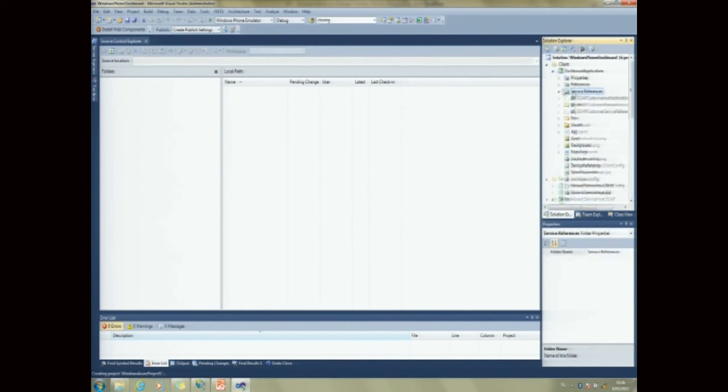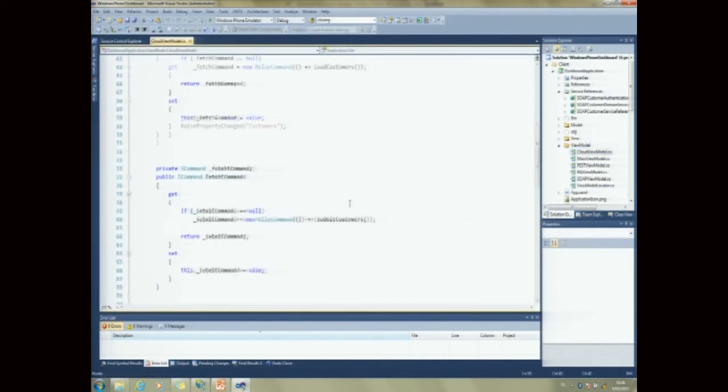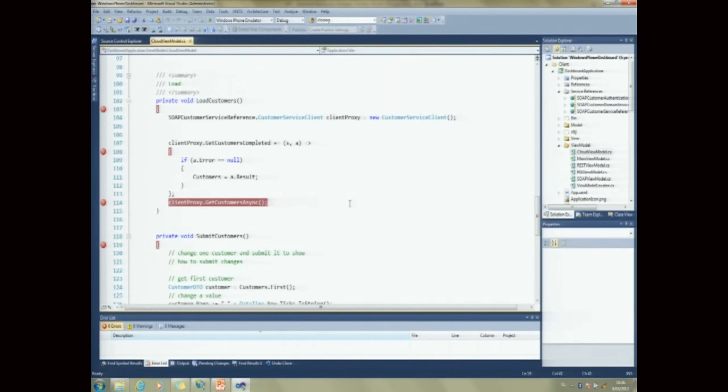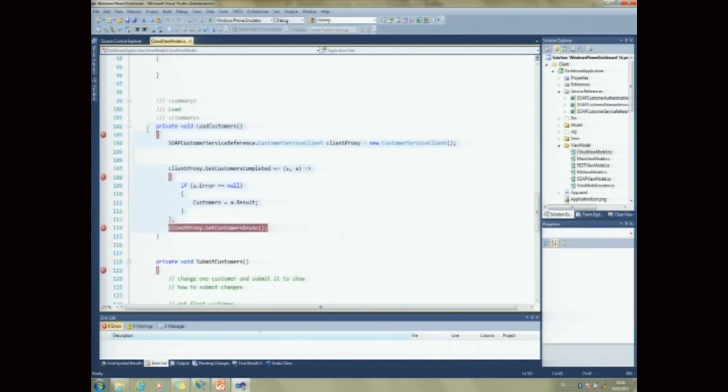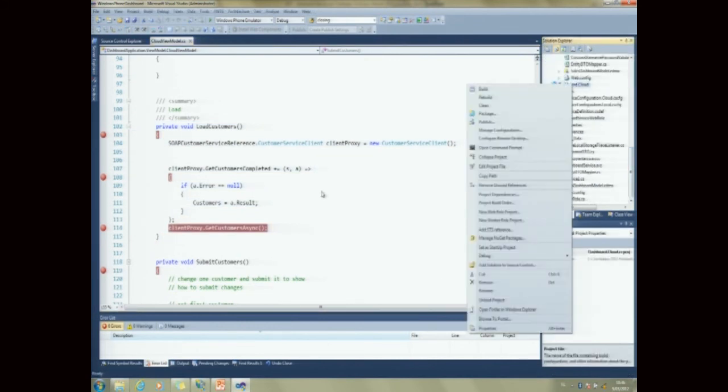I didn't even have to change my service references here, because the proxies are still the same. All that's changed is the address of the service, actually. And in my cloud view model, I am just calling actually the same as we did in the beginning. Now if I start this one up,